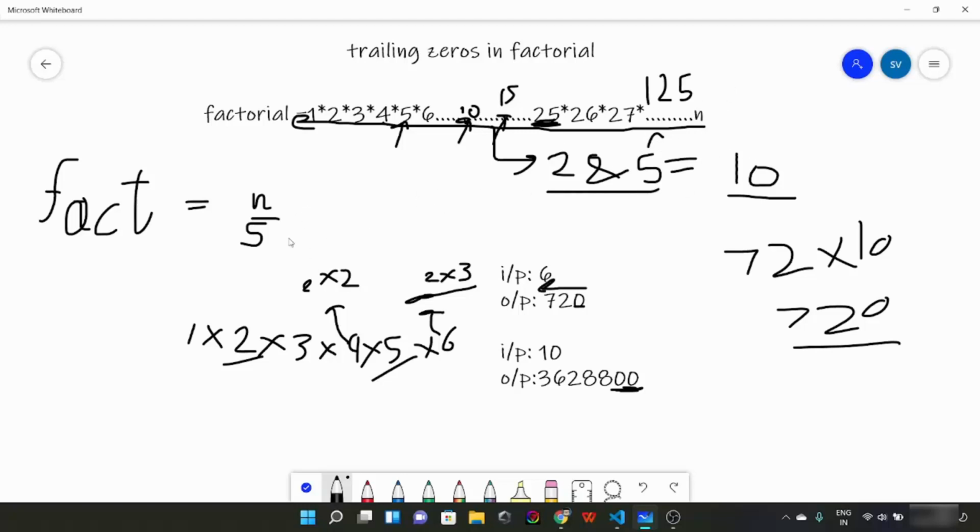So effectively I can say that the number of trailing zeros in a factorial is going to be n by 5 plus n by 25 plus n by 125, and this list goes on,